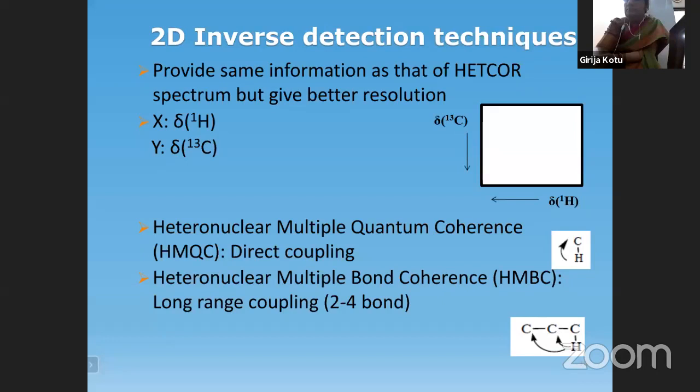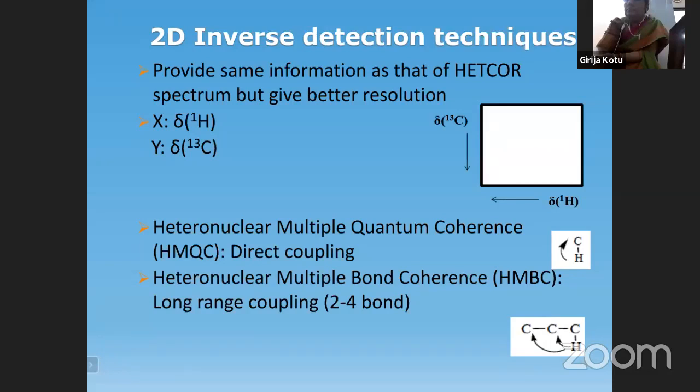So the importance of this particular technique is, as we said, the conventional axis is when FT is done over t2. When FT is done over t2, the information pertaining to the conventional axis is seen on the x-axis. So when you look at the HETCOR spectrum, the x-axis is C13 delta values, and the y-axis is proton delta values. The C13 spectrum is shown in the form of singlets, and the proton NMR spectrum is shown in the form of multiplicity. So where is the resolution required for us? The resolution is more required for the proton rather than for the C13.